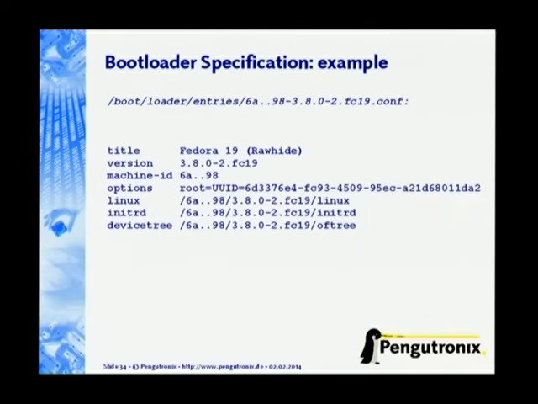You basically just have a text file with a title, a version, a machine ID, options, Linux, initrd, and we added the device tree to the specification. When you first write that, on an embedded ARM, this option wasn't available. We brought that into the spec recently. And this is basically everything the bootloader needs to know about that boot target. And if you have this information, then that's basically all you need for one of those firmware slots I showed you on my first image over there.